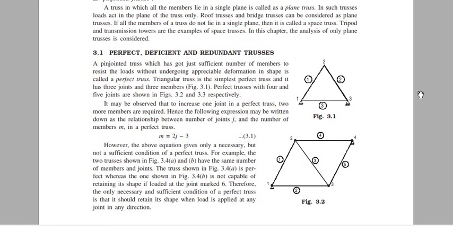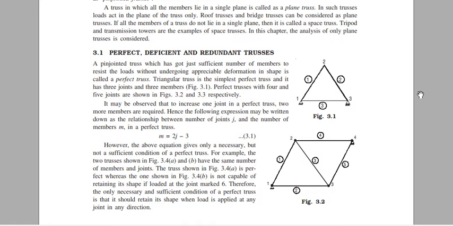The 2 trusses shown in Fig 3.4, A and B, have the same number of members and joints. The truss shown in Fig 3.4, A, is perfect, whereas the one shown in Fig 3.4, B, is not. It may be observed that to increase one joint in a perfect truss, 2 more members are required. Hence the following expression may be written as the relationship between number of joints J and the number of members M in a perfect truss: M = 2J - 3. (3.1)